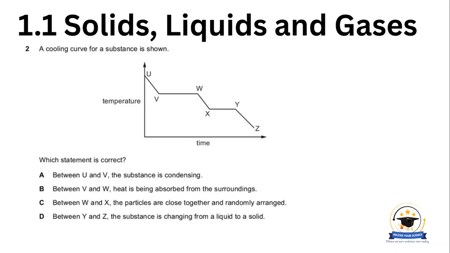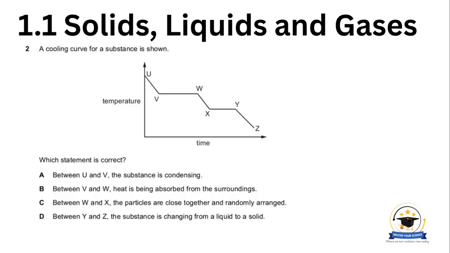Between V and W, we have a mixture of gas and liquid. Condensation is taking place. Between W and X, we have a liquid. Between X and Y, freezing is taking place, so we have a mixture of liquid and solid. Between Y and Z, we have a solid. The question says a cooling curve for a substance is shown, which is the cooling curve we have just discussed,